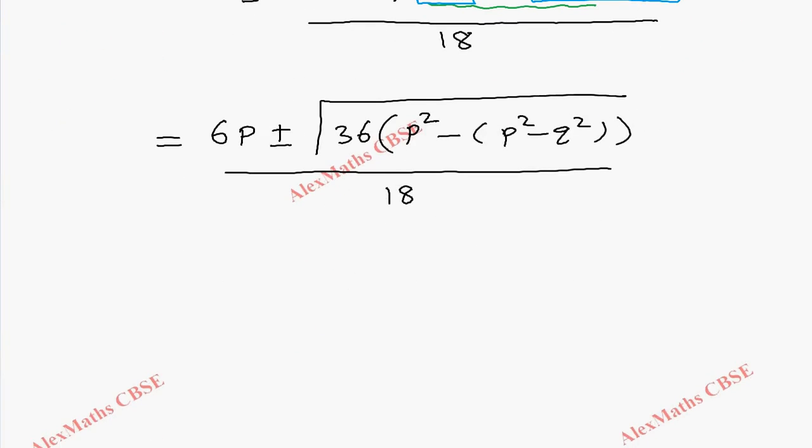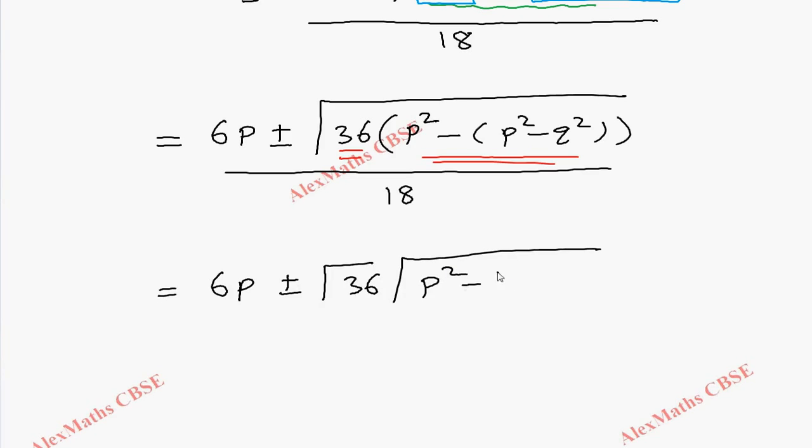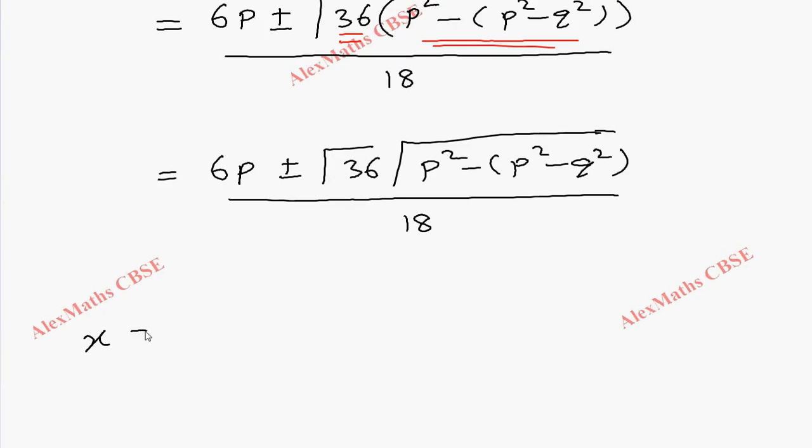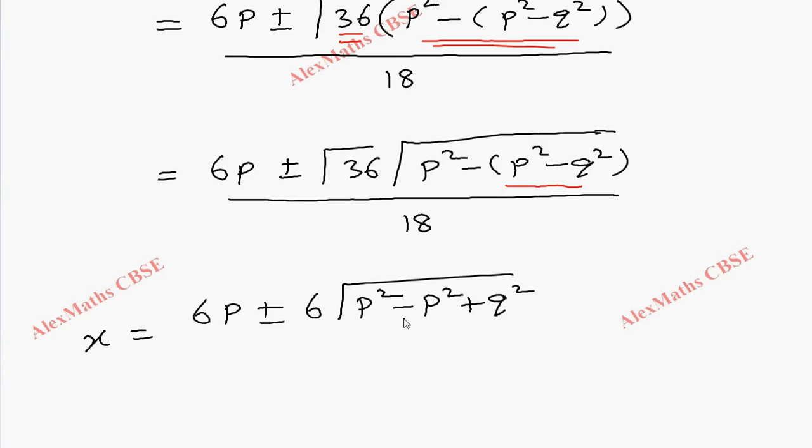Now in the numerator we are going to split into product of two terms. This is one term, this is another term. So this is 6p plus or minus root 36, then root the remaining term p square minus q square, then whole division we have 18. Now root 36 is nothing but 6. So 6p plus or minus 6 root p square. When this minus is taken inside, first term will become minus p square, second term will become plus q square,